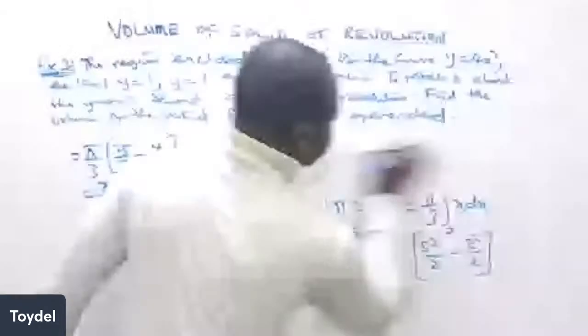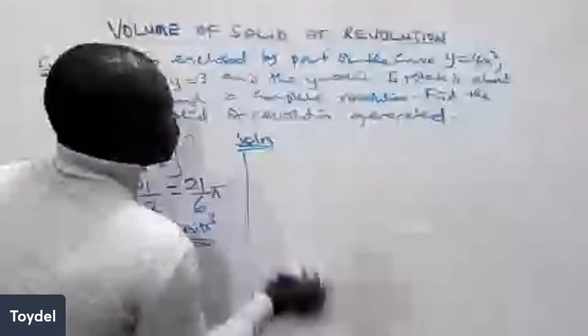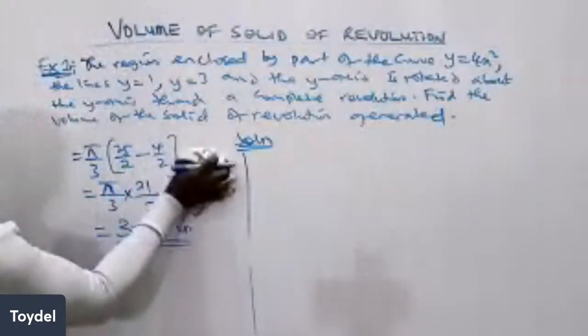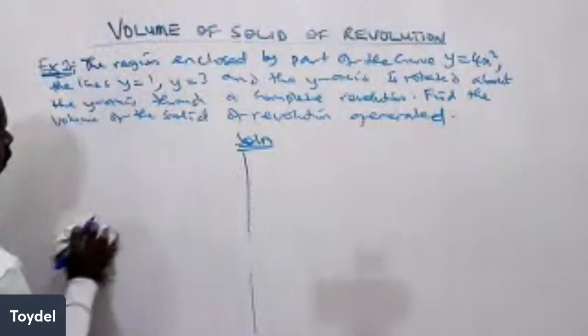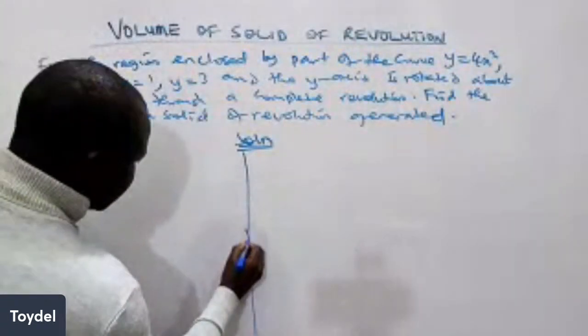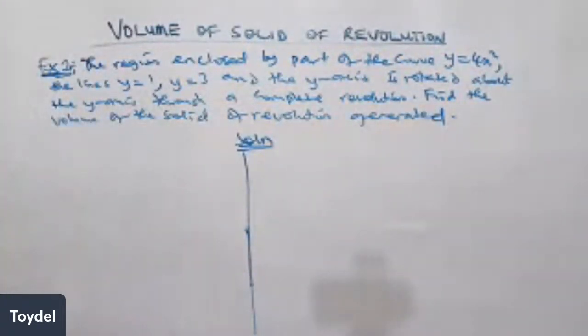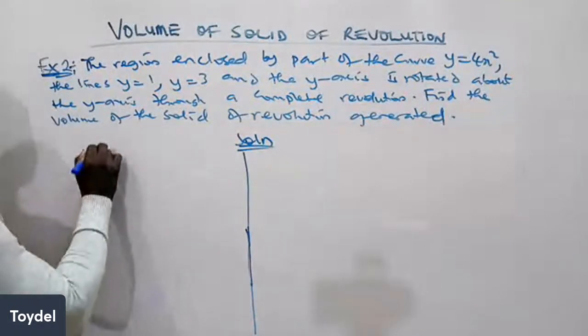I want us to compare this example now. In the first example, we are given the values of x being 2 and 5, so we talk about ordinates there. Here now, the question says the region enclosed by part of the curve y is equal to 4x squared, the lines y is equal to 1 and y is equal to 3, and the y-axis. When we are along the y-axis, we talk about abscissa, that is the value of y. When we are along the x-axis, we talk about ordinates. That's the major difference. So in this case now, the volume that we have to find by formula is given as